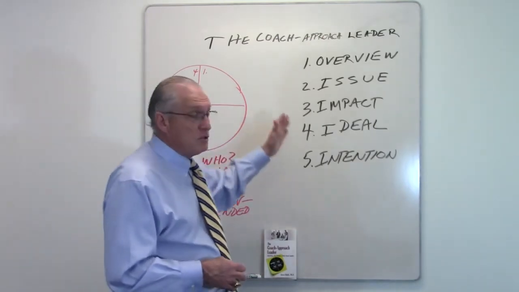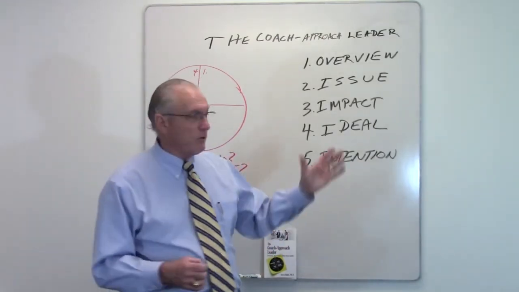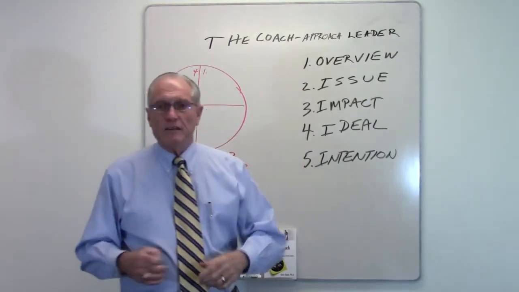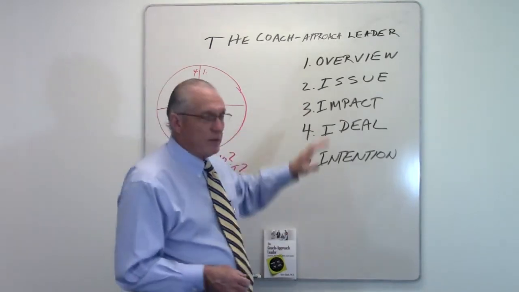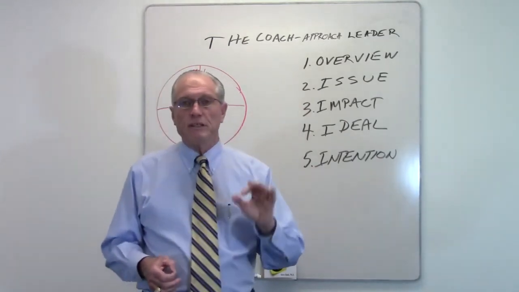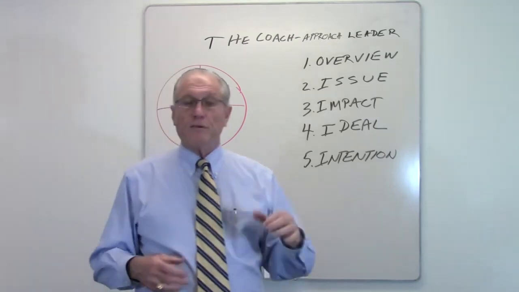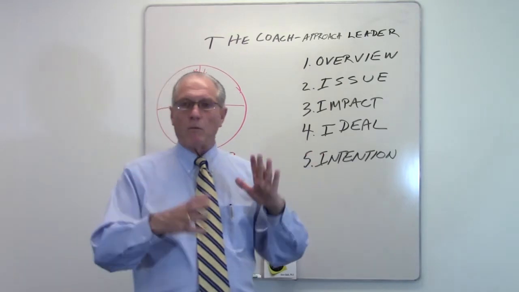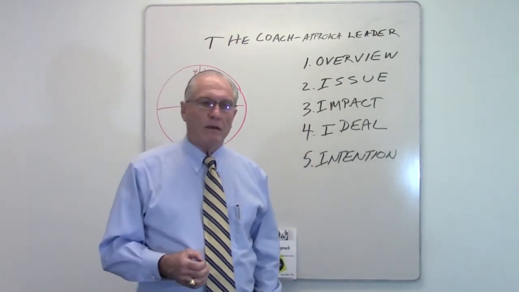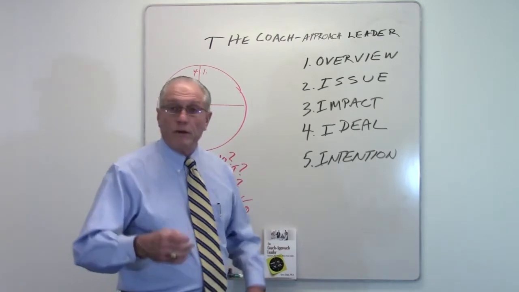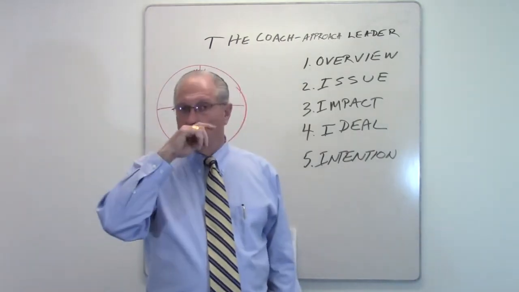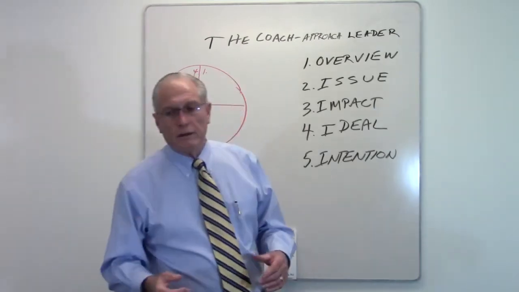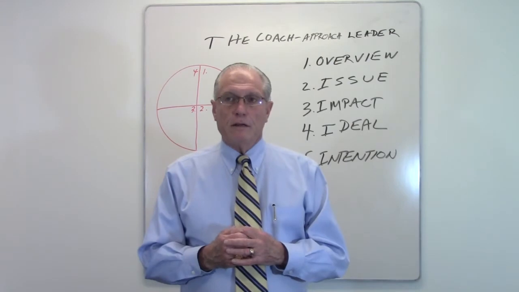And they very much use a coaching approach to that, similar, as I mentioned, to executive coaches. And there are 4 areas that we will cover in this entire series. The first is developing and defining what the issue is that the person really needs to solve. Oftentimes the issues are very different than what people come in with. Secondly, what's the impact of the current state? Where are people right now? Then thirdly, the ideal state: where would they like to go? We'll have some comments about that I think you'll find revealing. And then finally, what's their intention going forward, and what's their accountability to you as a leader?